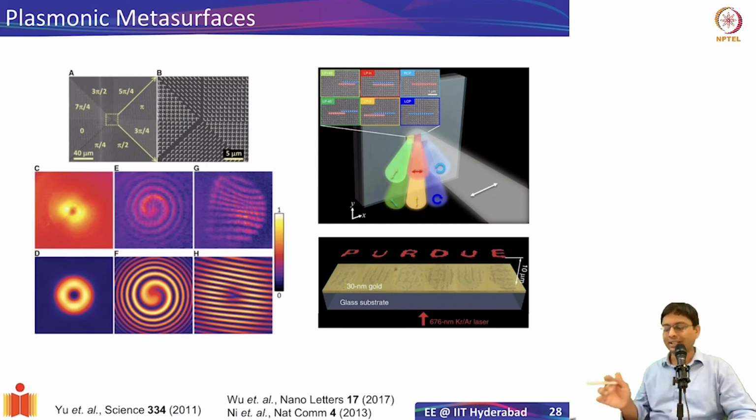Another application is what I think we mentioned indirectly. If you have these two-dimensional variations, you can actually rotate polarizations. So for example, this is I think the work of Professor D.P. Tsai in Taiwan. Essentially, they took structures with different profiles, and you can convert an incident beam to, let's say, circular polarization, left circular, right circular, linear, or rotated, and all that. So you can create structures which can do a lot of polarization operations.